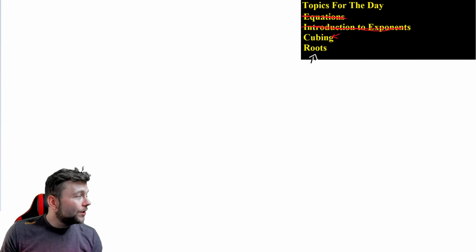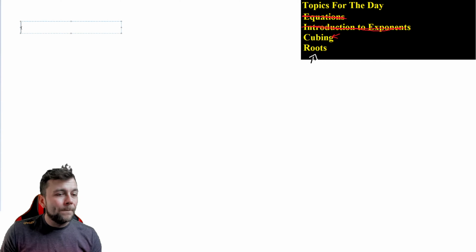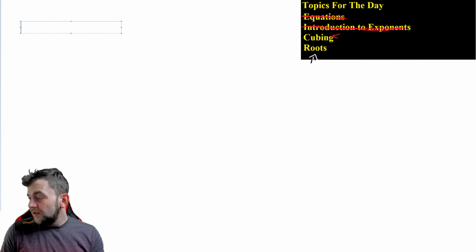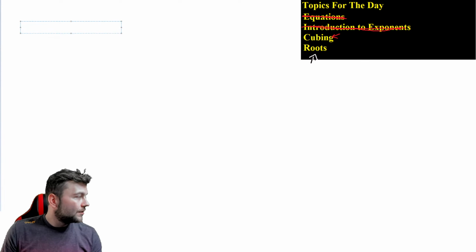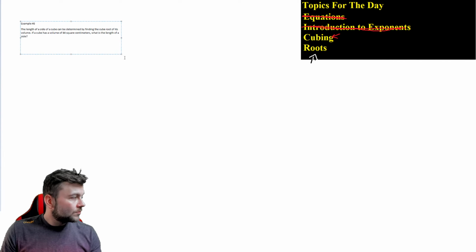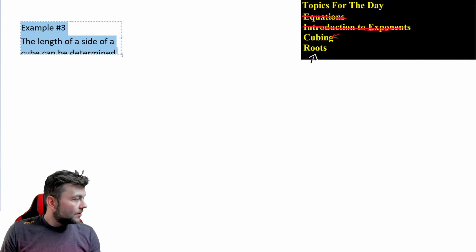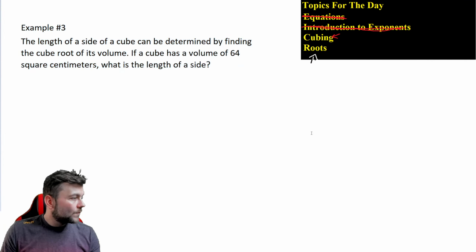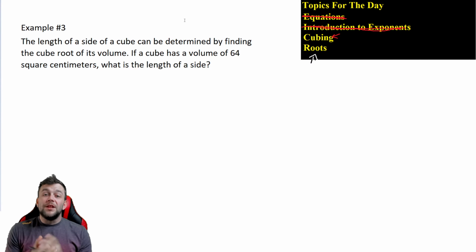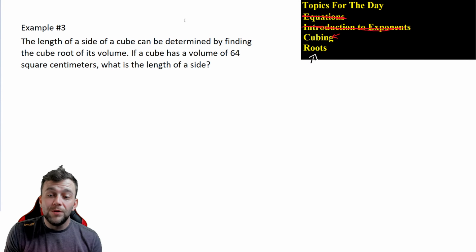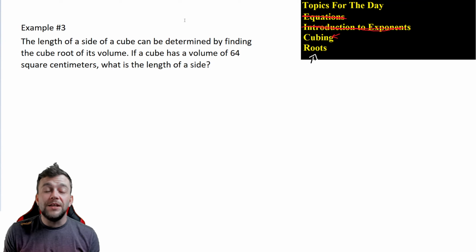We'll move on to another example. Bump the size up. There we go. So, the length of a side of a cube can be determined by finding the cube root